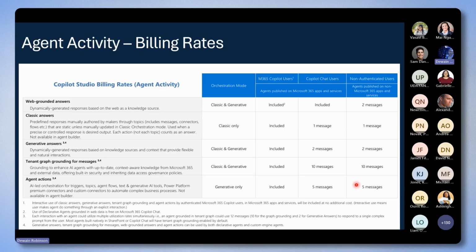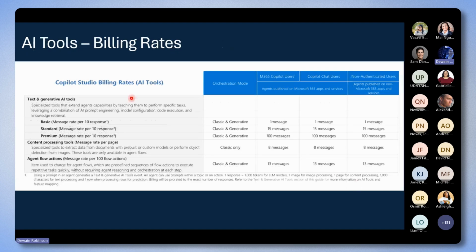Now, just to be clear, this non-authenticated users, what we're really talking about there are specifically custom agent implementations inside of Copilot Studio. Okay, so that means that they're not M365 Copilot authenticated. They don't have that license. So just make sure that we're all on the same page. Now, one other thing that we'll go into, and then we're going to talk about a few more minor things for you guys to be aware of,